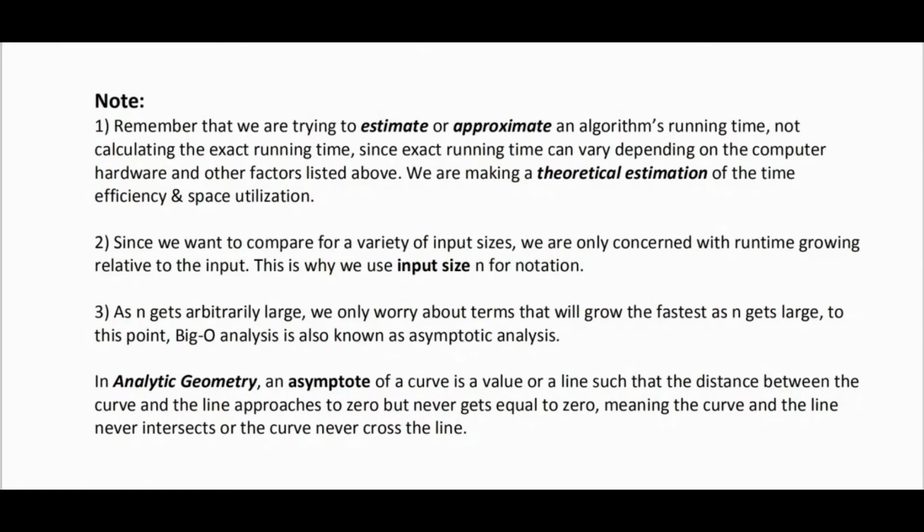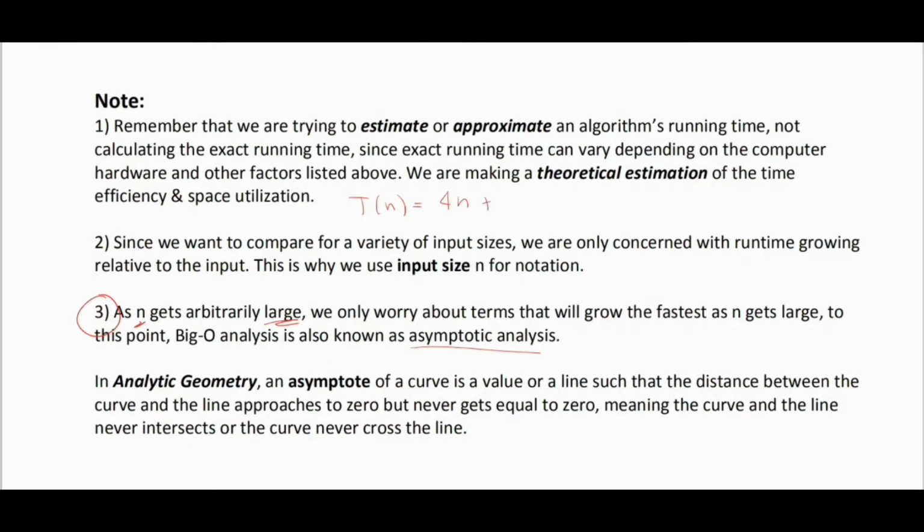Take note again here that as n, the input size, gets arbitrarily large, we only worry about the terms that will grow the fastest as n gets large. To this point, big O analysis is also known as asymptotic analysis. So say for example, if we have T of n equal to